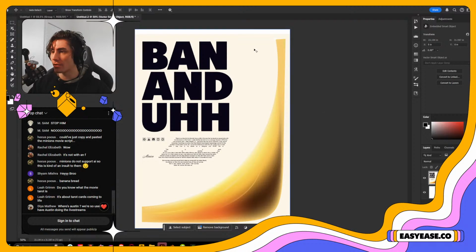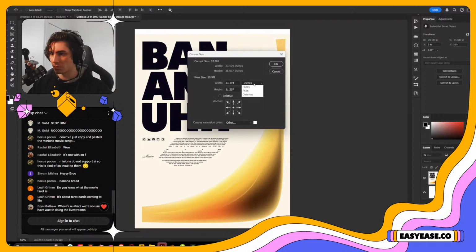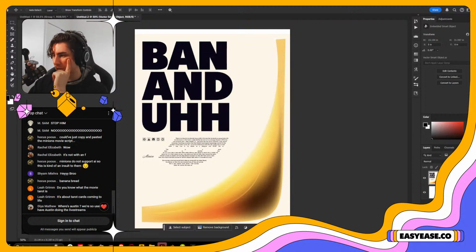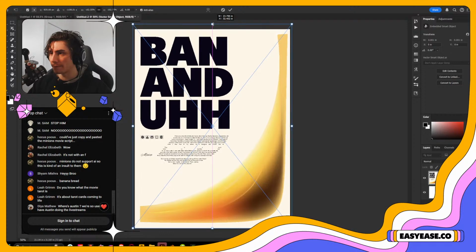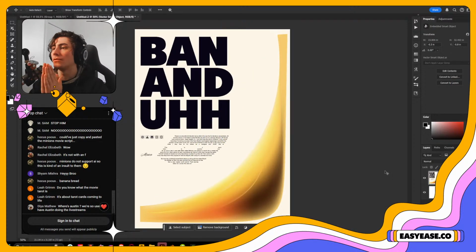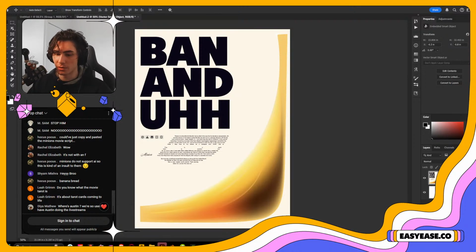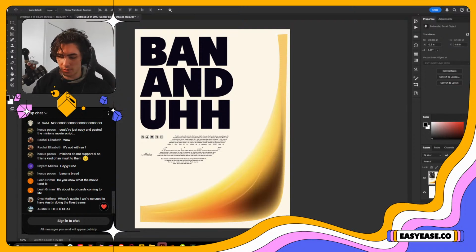Banana, for some reason. Hold on. That looks right. Why is banana not... It's not fitting. We'll do that. Now, for the fun. We're adding a minion is what we're doing.